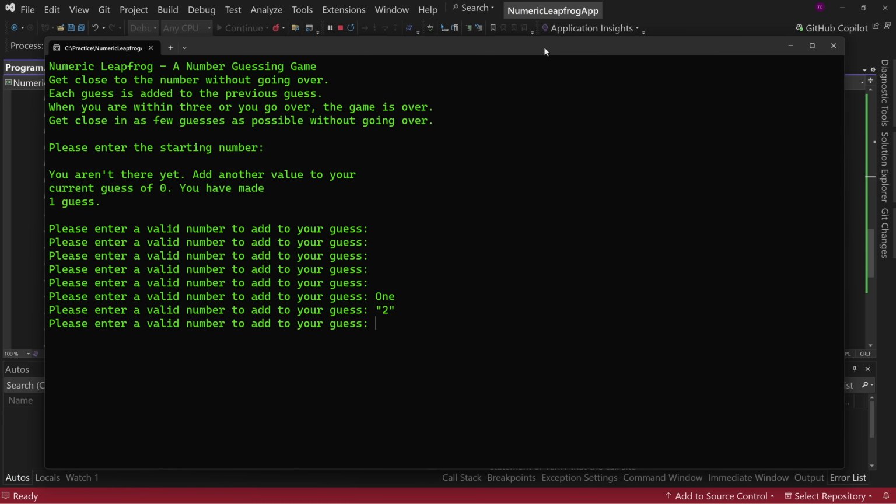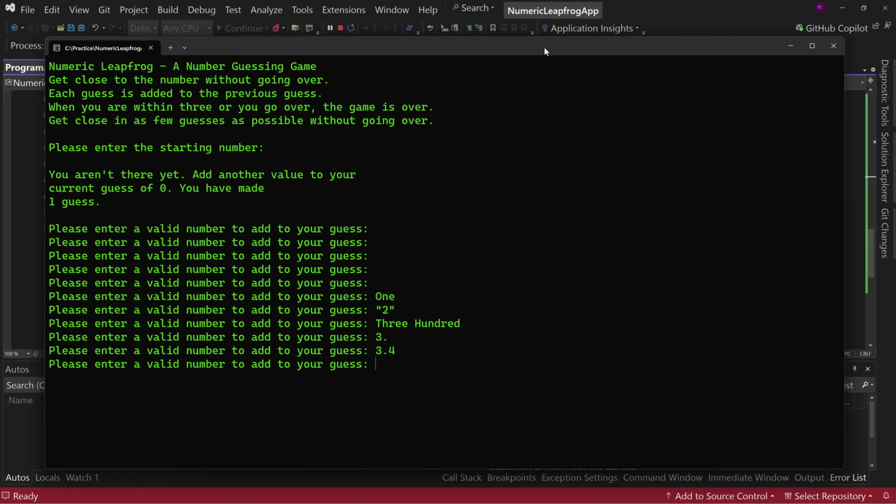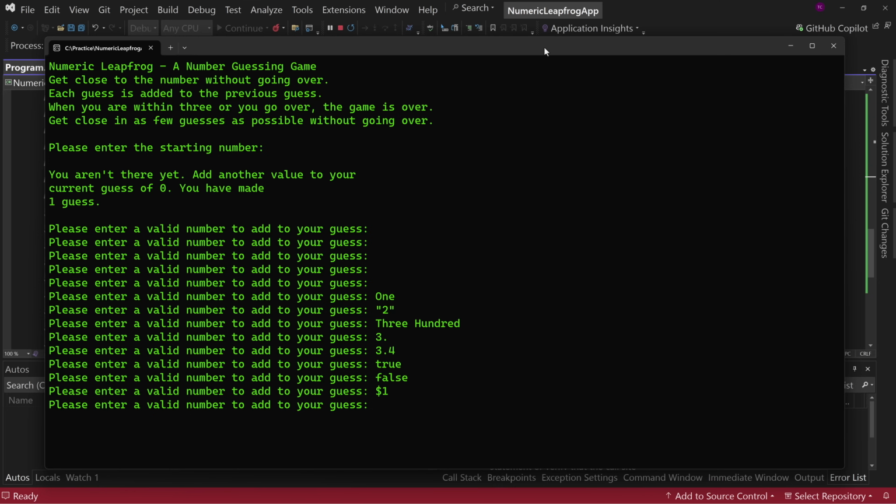Let's put a 300 typed out. Nope. I don't know. 3 period. Nope. 3.4. Nope. So see what I'm doing here? I'm trying different values that might be put in the command line. True. Nope. False. Nope. $1. Nope. Like 4%. Nope. So I'm trying all these things because I want to validate that my application still works properly when